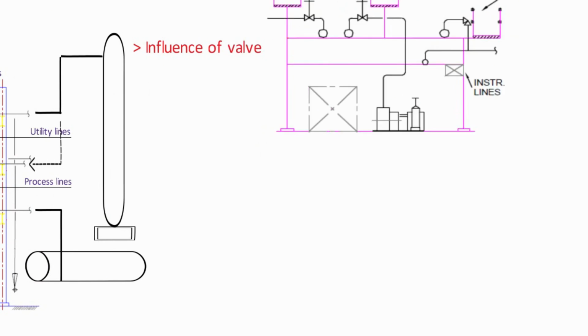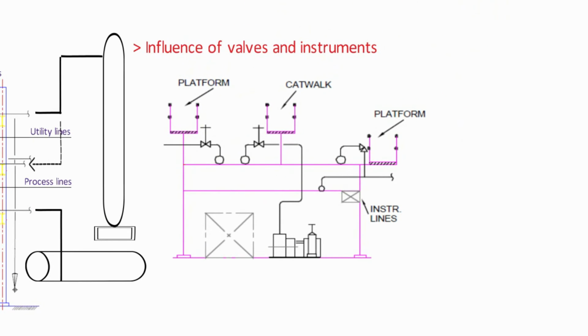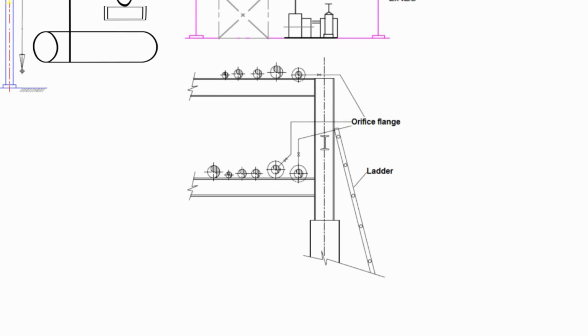Often a more convenient access platform can be provided for valve arrangement in the top tier of pipe rack. This sketch shows platform walkway arrangement to valves, relief valves and instrument located in the pipe rack. The preferred location of the lines with orifice is near the edge of the pipe rack with orifice flange near the column for more convenient portable ladder access